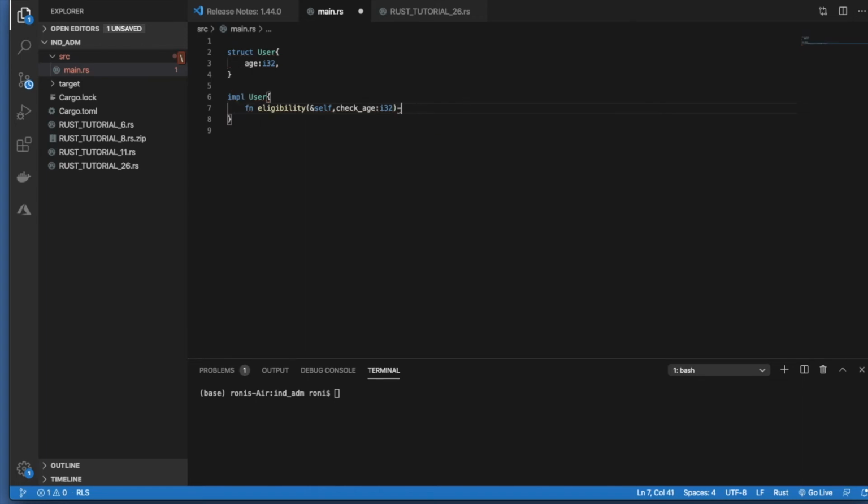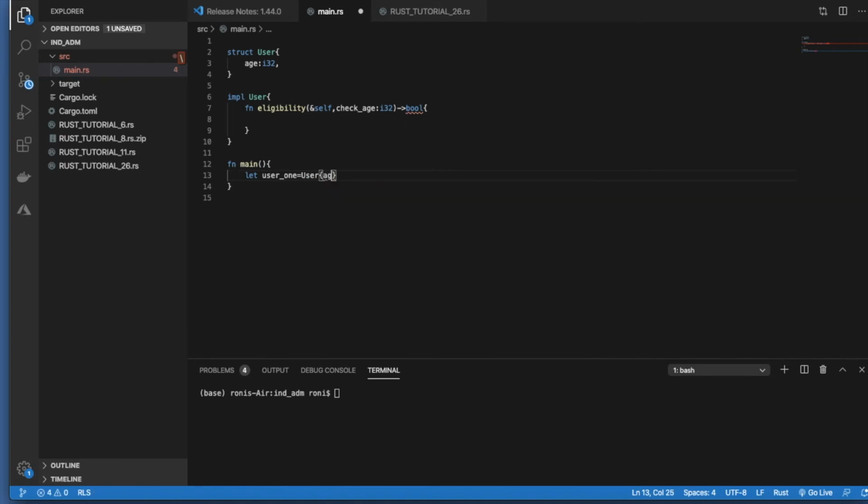And here I'm not sure what this will be, so let's say it will be bool only, boolean. If it is greater than, then it should return true, and if it is less, then it should return false. And we'll compare with this thing. But before that, let me just write down fn main for this, and after that we'll be going to create let user_1 is going to be User,